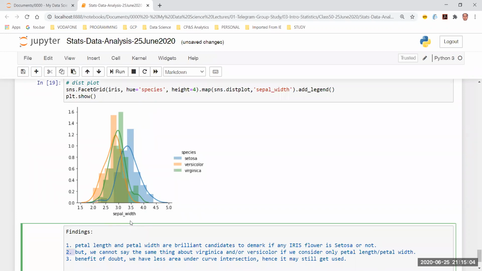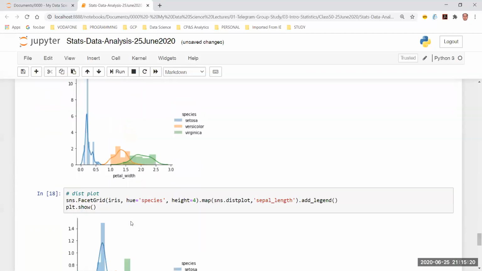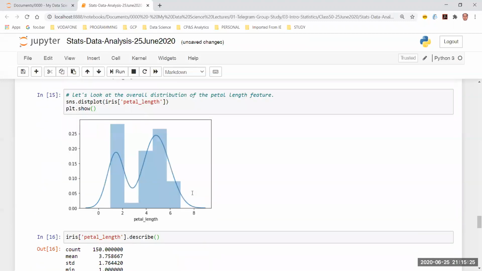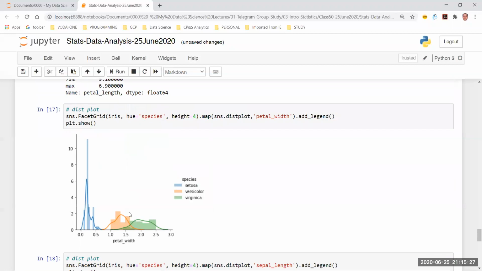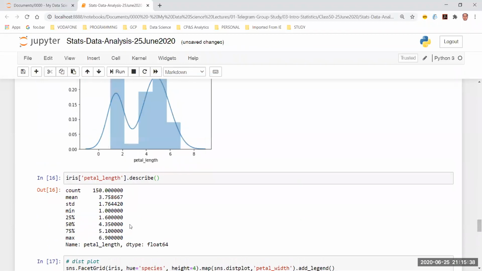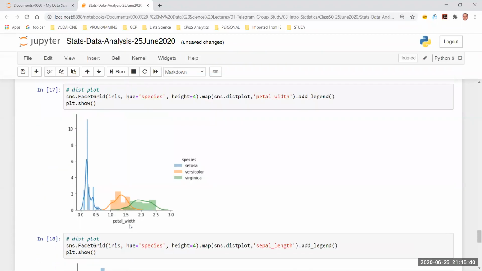So what I mean by that is, I can still say that using petal length and petal width, I will be able to bifurcate virginica and versicolor in one of the cases. In the next case, I'm not really 100% sure, but yes, for taking a risk, we can do that. It's not a really calculated risk, so I'll not go by that. But let's say overall, it's fine. If we take petal length and petal width, it's really a good thing.